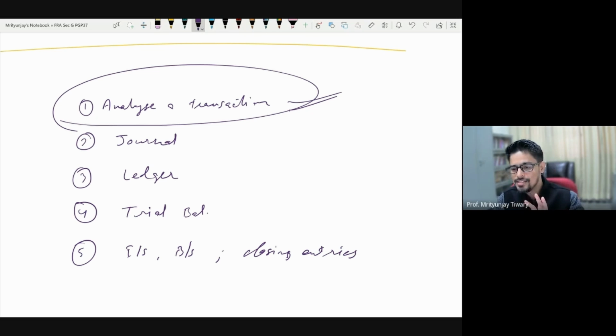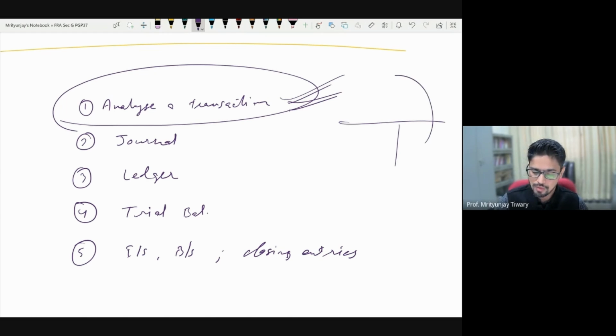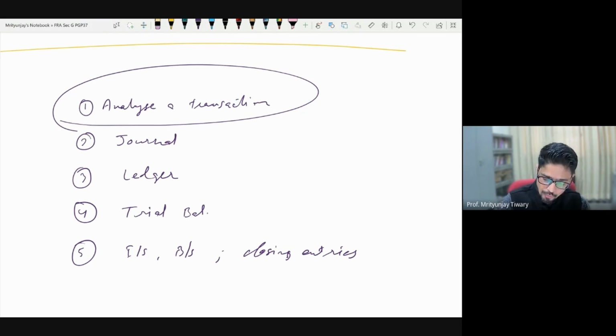The only challenge is going to be, can you analyze the dual aspect? Basically, this is what we mean by this one. When we were preparing our accounting equation, we already practiced for this first one. Can you analyze the impact of a transaction, the 2 aspects of a transaction, in your head? Once that is done, the rest is 100% procedure. It's like pick this thing from here, put it there. It's all as simple as that. Let me demonstrate how. We are going to get started.